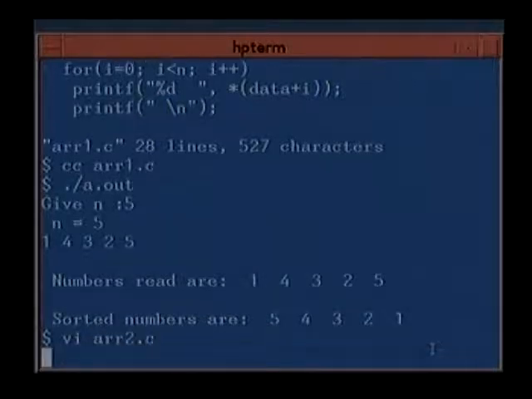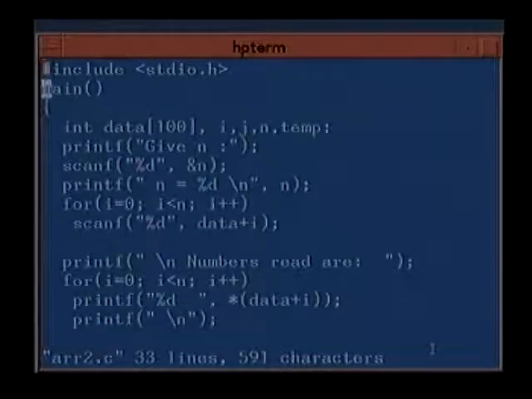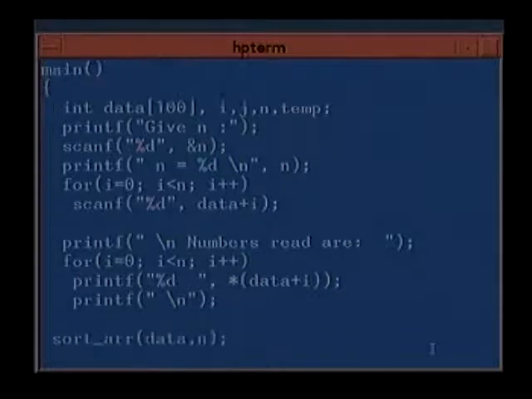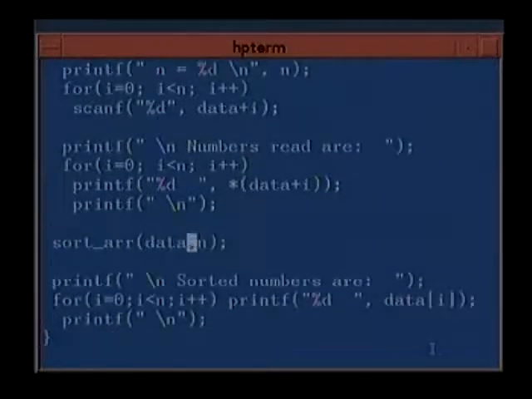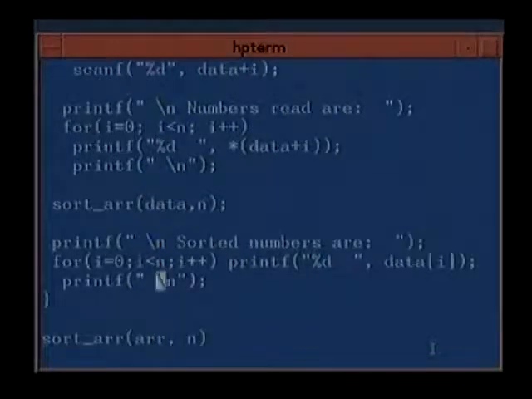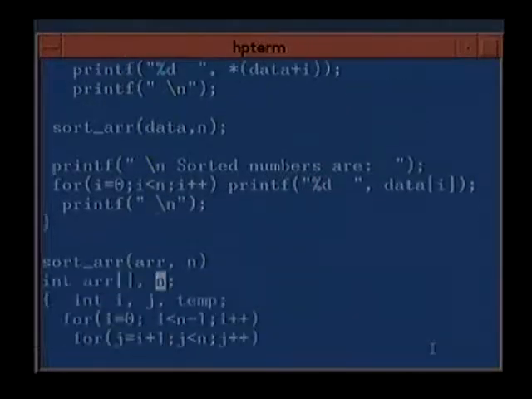Coming to the second example, here we use a function, and this function is called sort array. Here again we have read data plus i, initially printed star of data plus i, and called sort(data, n), and after sorting we printed the sorted array. Now in the sorting, as we did before, int arr[], we don't have to give the value because we don't allocate any element, we only want the address. Though we cannot change this address, we will utilize this address.